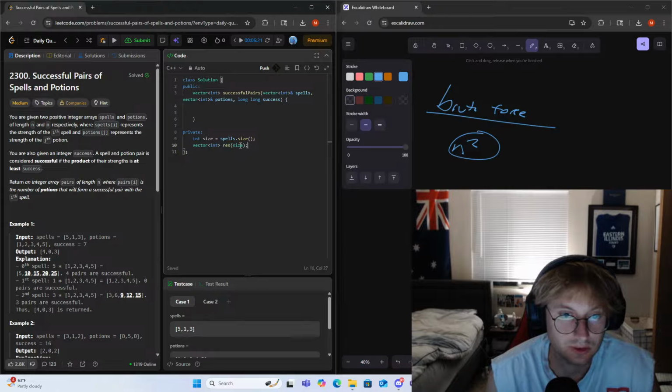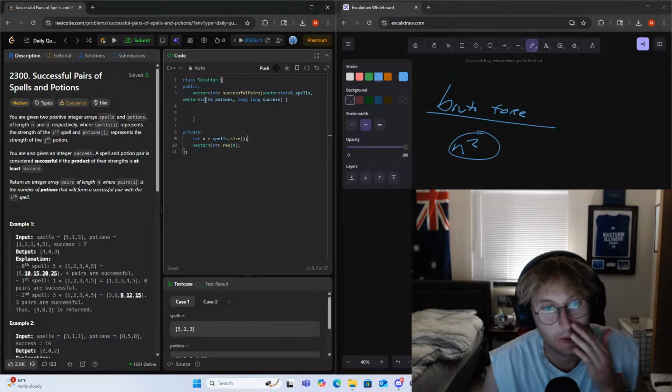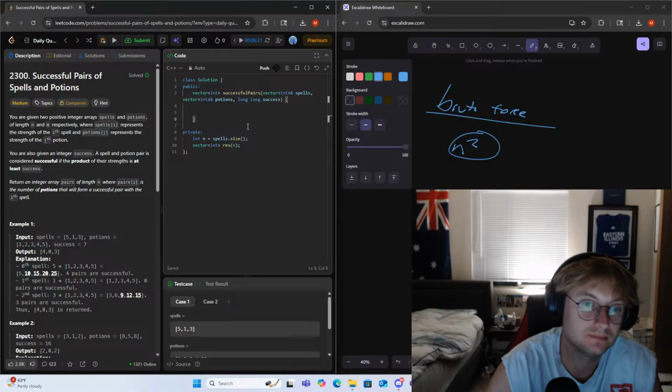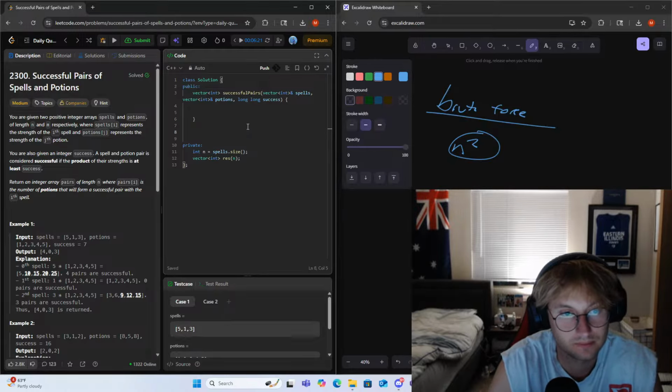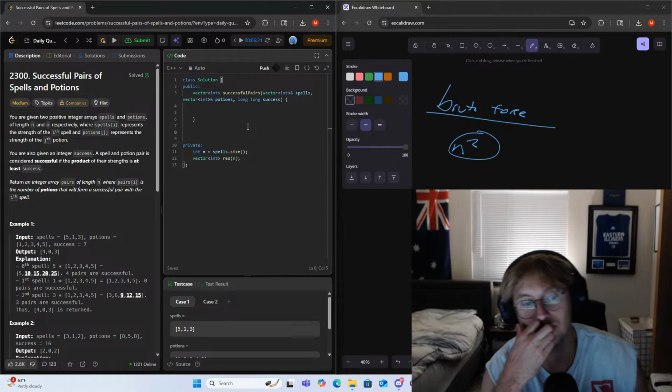Okay, so this is the correct syntax here. Size. Let's call this n actually. Okay, so it's still always green. Okay. How can we do this? Well,